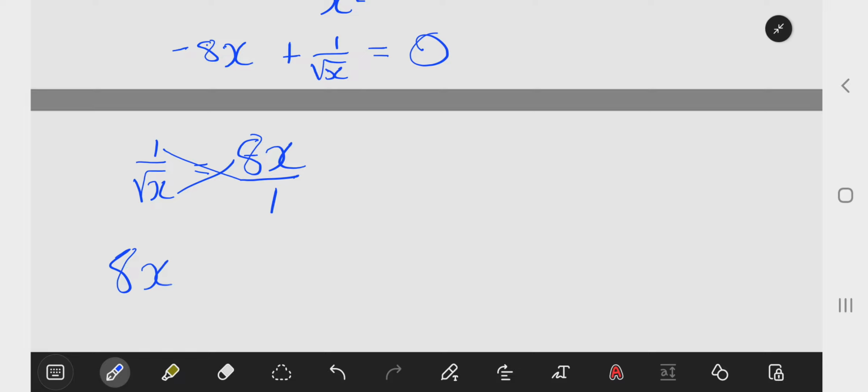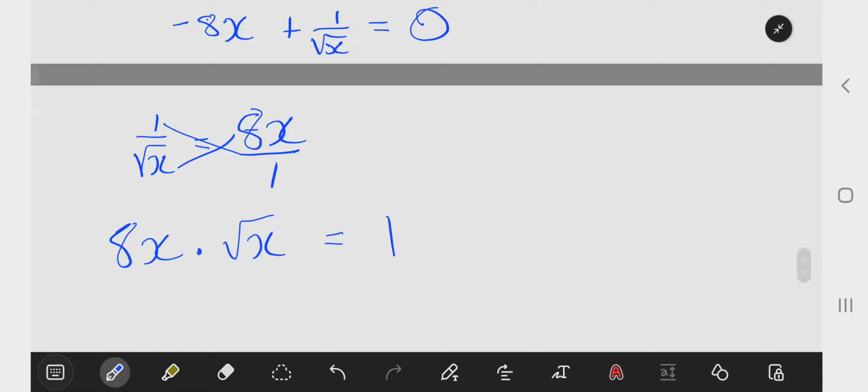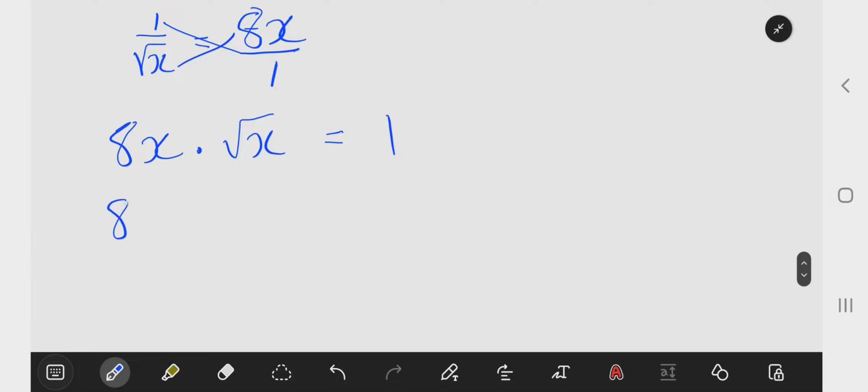So izothi 8x multiplied by root x equals to 1, okay? And lana, this is the same as 1 over 2, right? So sengidlala ngale square root kahle kahle sengisibisela back, and then izothi 8 multiplied by x, and lana kuno 1,